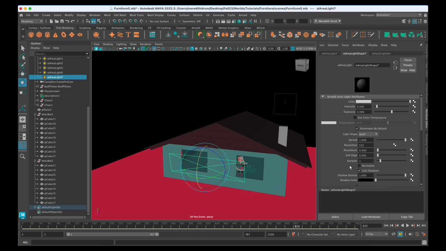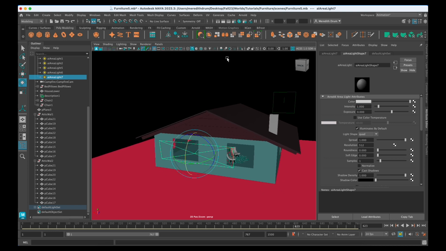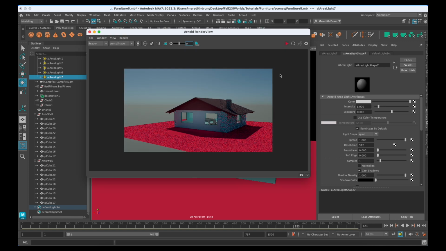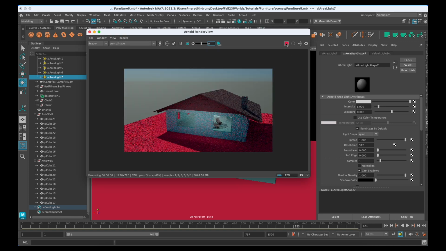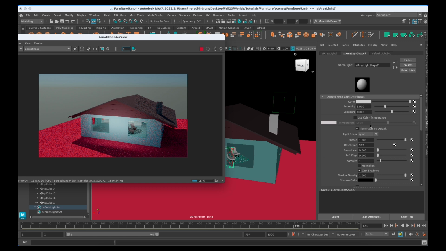I have the normalize turned off so it has some more intensity. You could bring up the intensity there. Let's look at our last image that we just rendered. That's what it is. I'm going to re-render, and you can see it's got some more intensity. You could even bring that up and just see what that looks like. And you can see it's very area specific. And then I'm just going to turn on normalize just to see what that looks like.